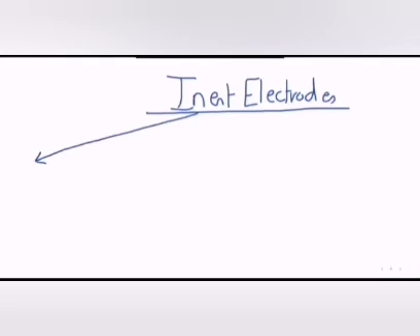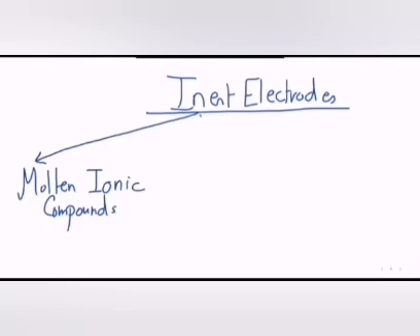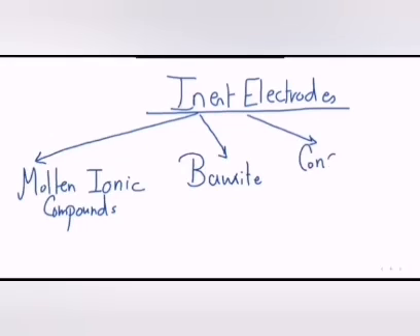We usually use inert electrodes when we electrolyze molten ionic compounds, when we electrolyze bauxite to extract aluminum, when we electrolyze the concentrated sodium chloride or any group 1 metal halide, when we electrolyze copper